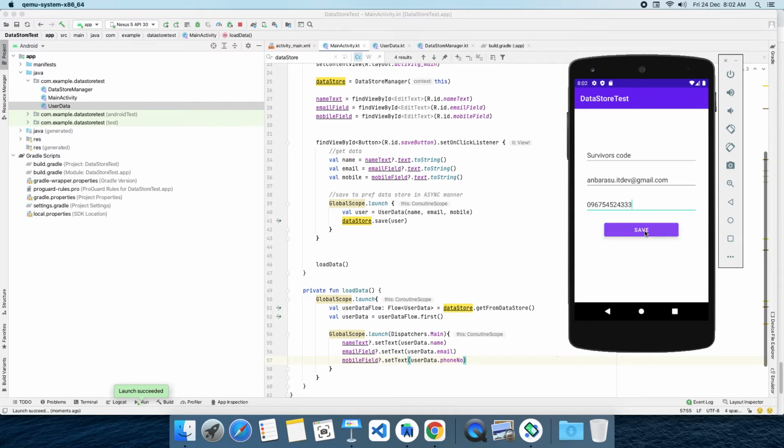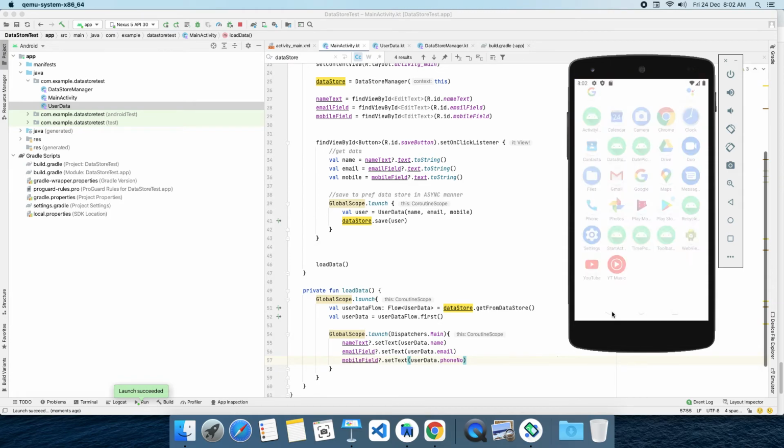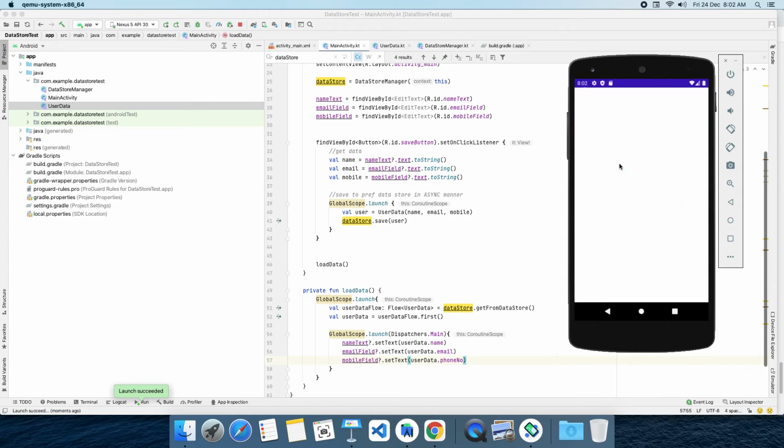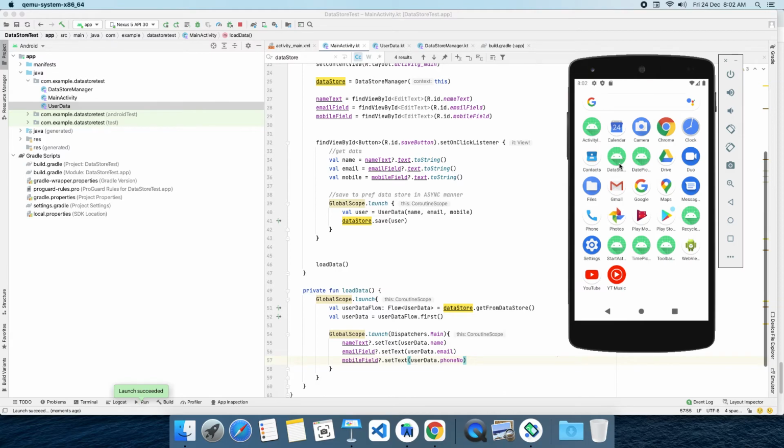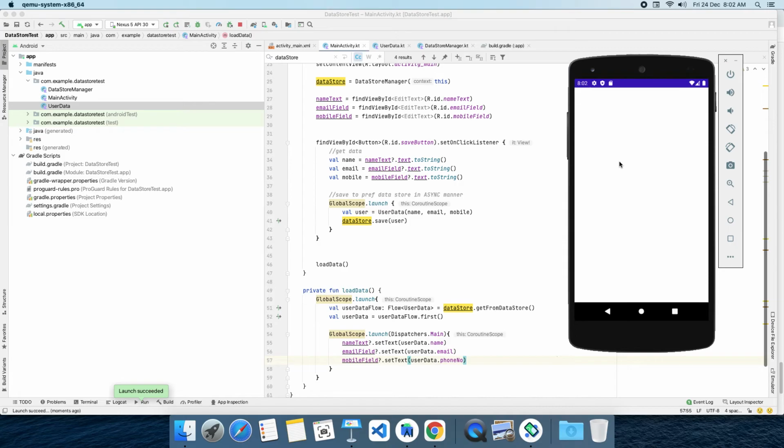Okay, I'm saving it in this preference container. I'm going back. I'm launching the application again. See, our data is back. Okay, so this is how preference data store works, friends.